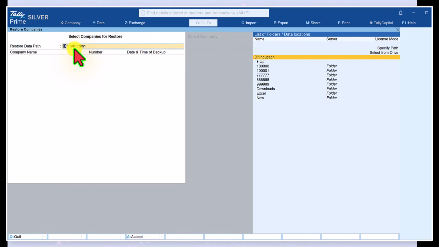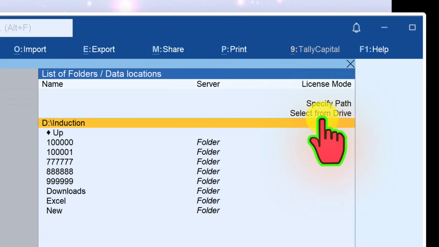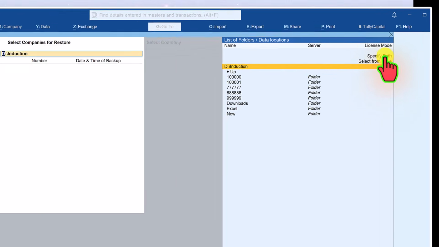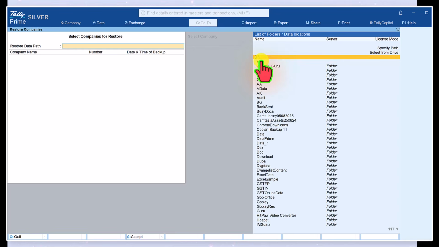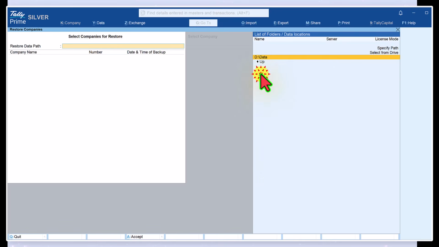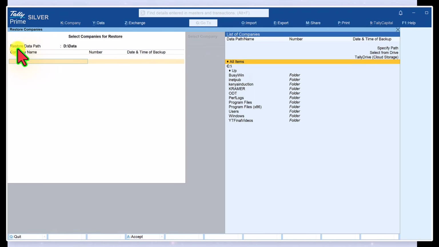Press backspace, and if we want to change the destination, we can do so by selecting the folder from the drive, or if you know the file path, you can specify it by selecting Specify Path. Let me select from the drive, select D drive, and just type data, and let me select data here. So this is what is going to be my restore data path. So I enter, and make sure that the restore data path is the path and the file that you intend